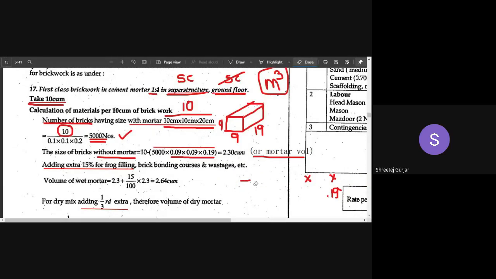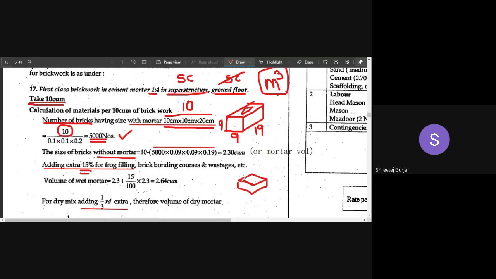So we have calculated the number of bricks, and we have calculated the mortar quantity that is required. So add 15% extra. Why do we add this 15% extra? Because this particular brick will be having a frog like this. You have seen a rhombus on the top of the brick, right? There is some indentation on your brick in this format. It may be of different shape, but usually it is in this form. So this is your frog, and it has some depth.